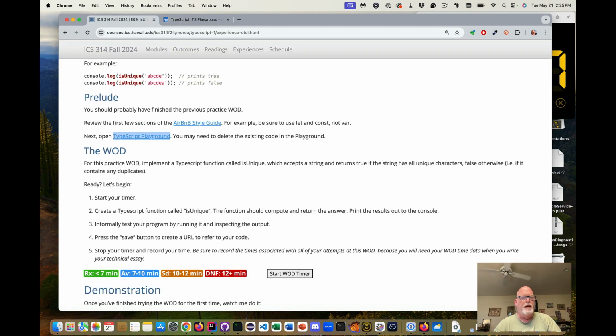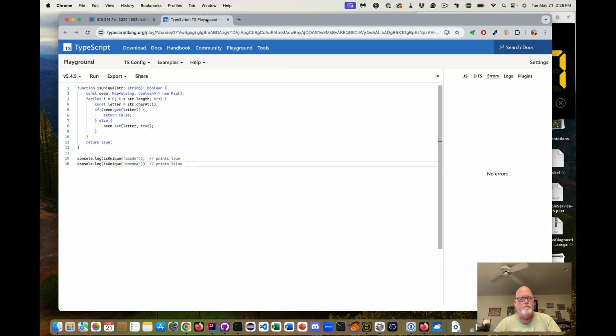Now let's go back and test our code. Then we can run the code. And we get true, so ABCDE is unique and ABCDEA is not unique.